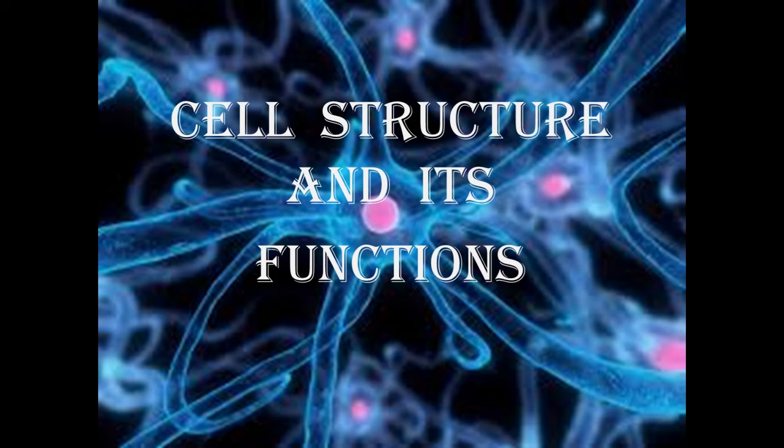Okay, students, in the previous video we discussed different types of cells, their shapes and sizes, right? As you know, cells differ in shape and size. Some are big enough to be seen with the naked eye, for example an ostrich egg, and some are too small to be seen with the naked eye. Some cells are flat in shape, some are disc shaped like blood cells. However, the basic internal structure of a cell is the same.